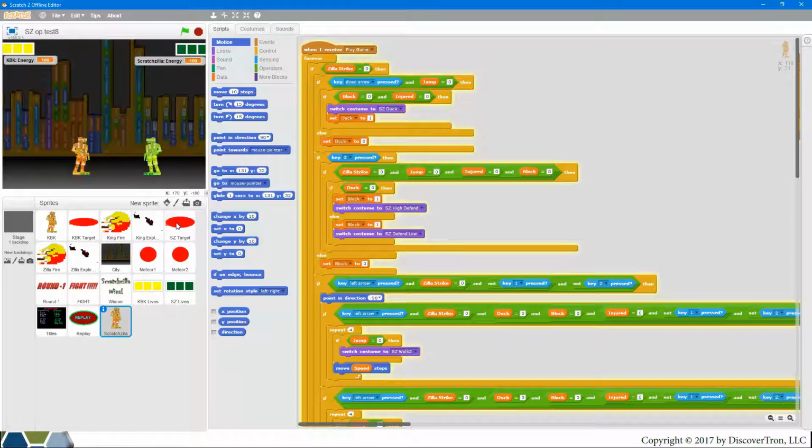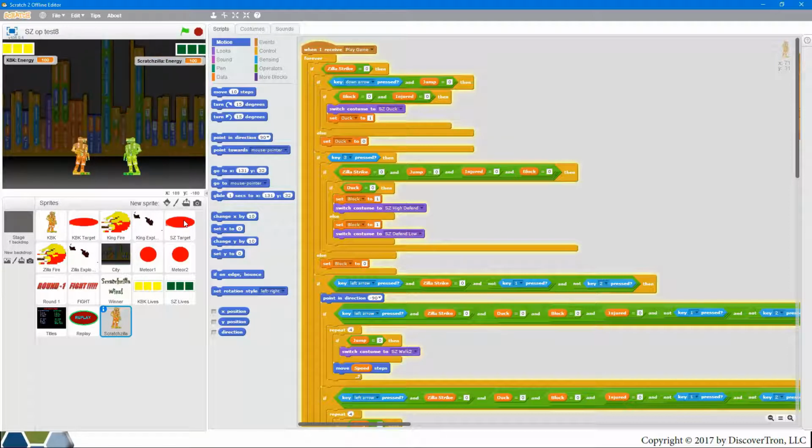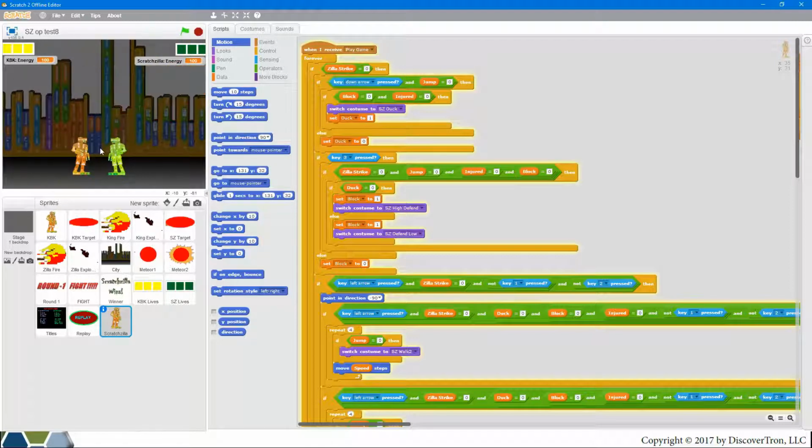So what's happening is whenever you're punching and kicking, these sprites right here called KBK target and SZ target, what they're doing is they're going to the extensions of the costumes where the character happens to be punching or kicking, and they appear at the end there, and then they detect if they're touching the other player. If they are, then they'll cause the sequence of events that causes the other player to get hurt. For example, I come over here and